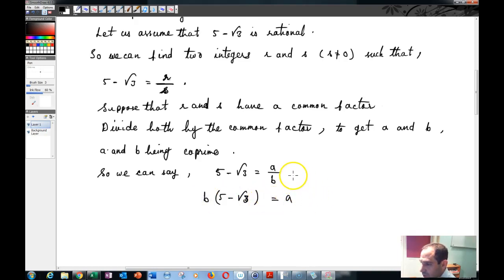Okay, so that means that first of all, you know that now 5 minus square root of 3 is a factor of a. Now I think if we square here,